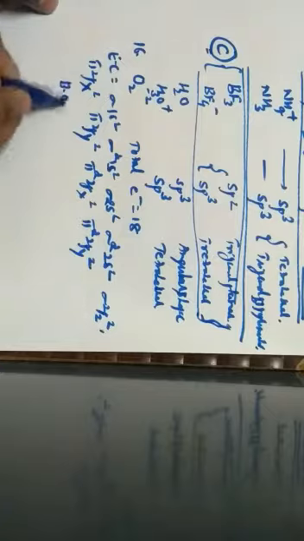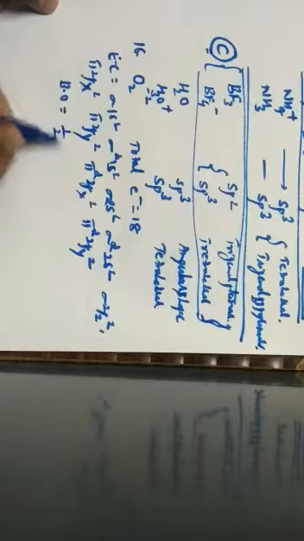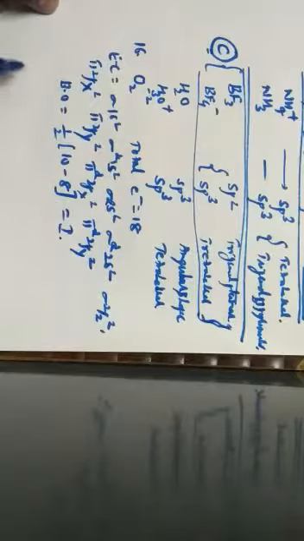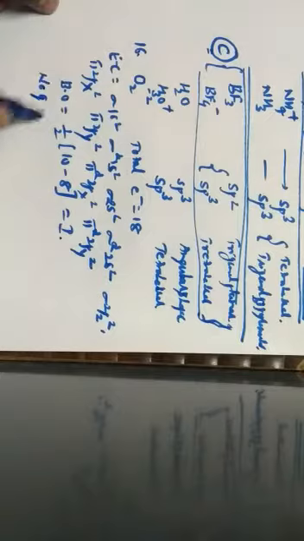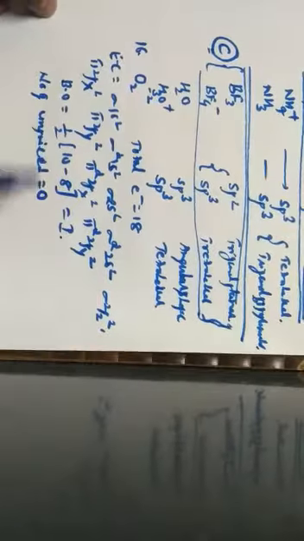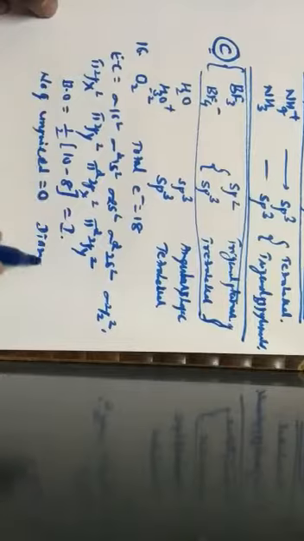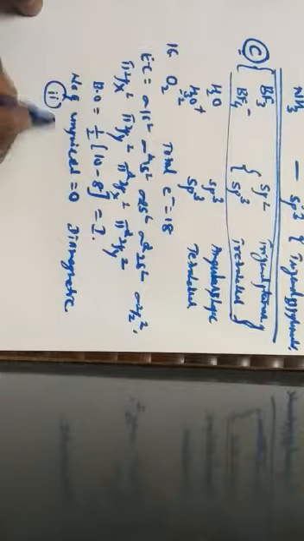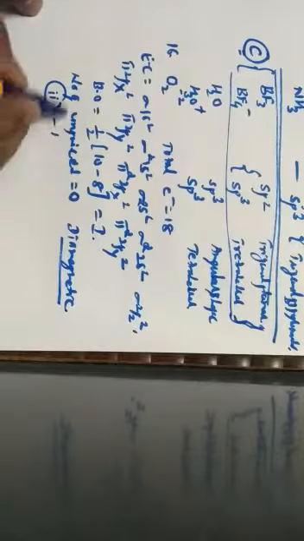So here when I calculate the bond order of this, bond order is equal to 10 bonding, 8 anti-bonding, so the bond order is 1. And here the number of unpaired electrons is 0. If there is no unpaired electron, hence it is diamagnetic in nature. So out of all the given options, the second option, that it is diamagnetic, is true. The third option is also true, which has the bond order 1.